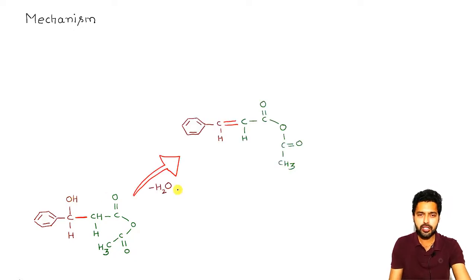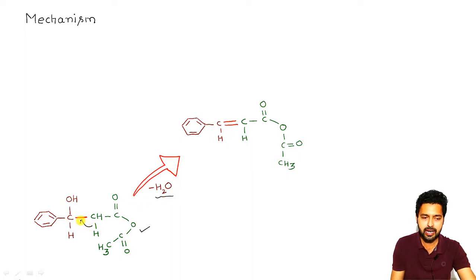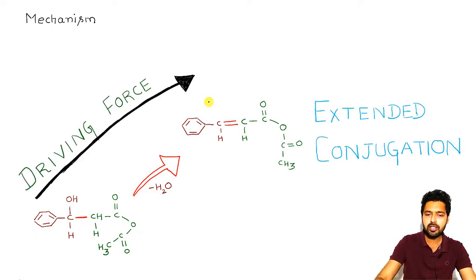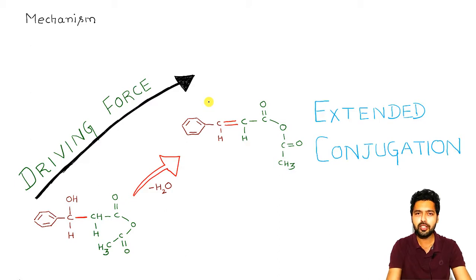It will be losing a molecule of water from this molecule. One molecule of water will be going out, and obviously it will be this hydrogen and this OH here, right? When this OH and this hydrogen move out, it will result in the generation of a double bond between this carbon and this carbon atom, right? Now, if we wanted to know about the driving force of this reaction, I can say that the extended conjugation is the reason why this step is taking place in this way, right?